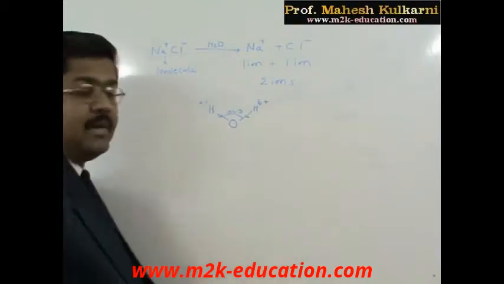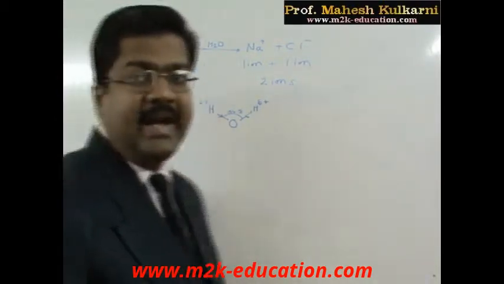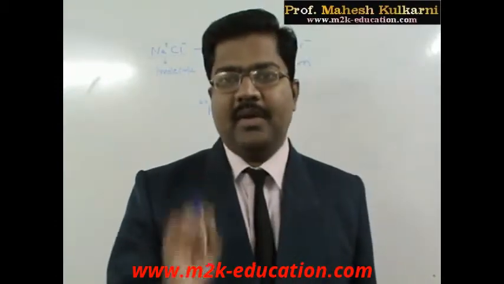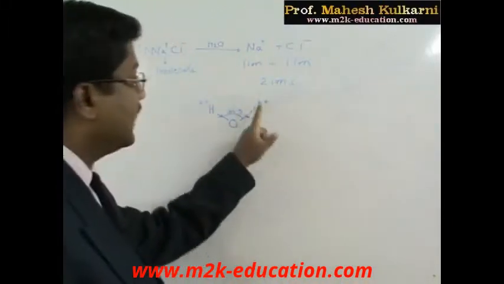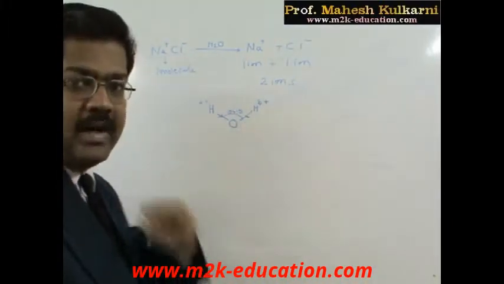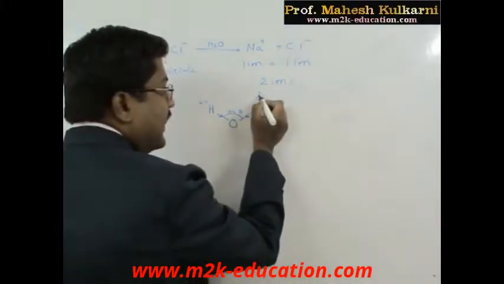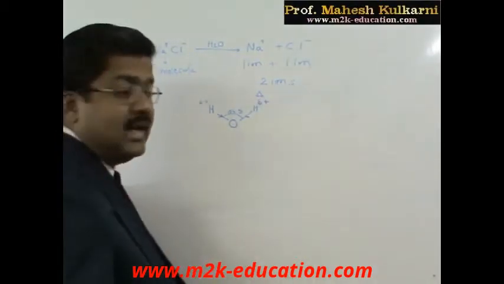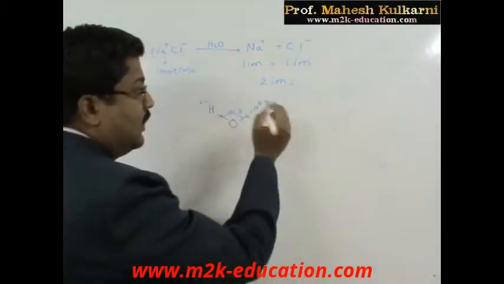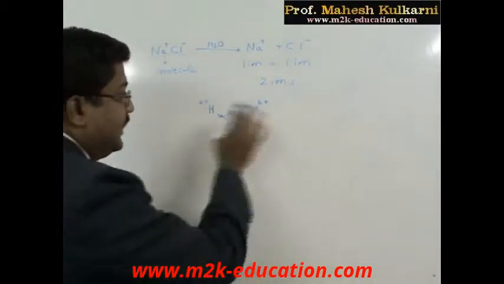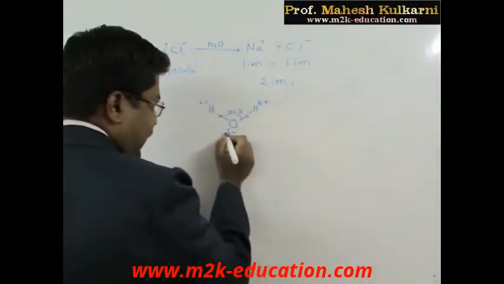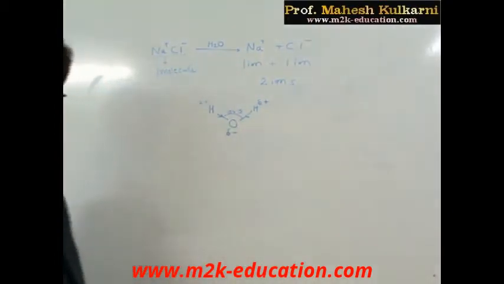This is called a positive charge, but not an entire positive charge. A very small positive charge is developed, and therefore we are calling that delta. Delta is a Greek letter, small delta, so two delta letters are there. This is also called delta, but this is capital delta, whereas this is small delta. So we are indicating that a very small charge is present on these two hydrogens, and in the same way a small negative charge is there on oxygen.